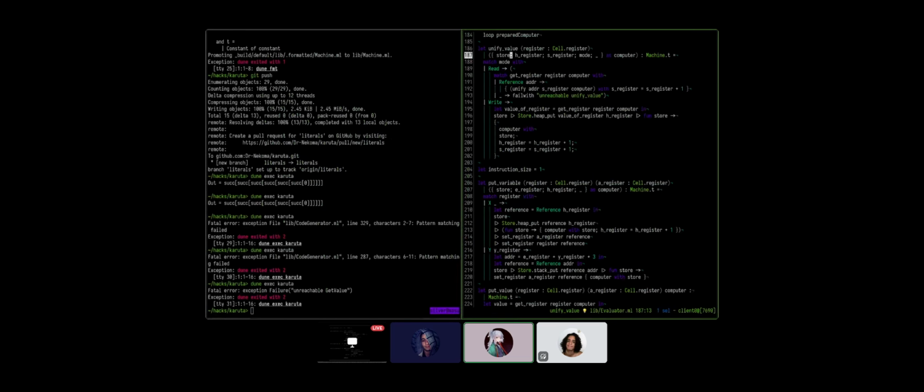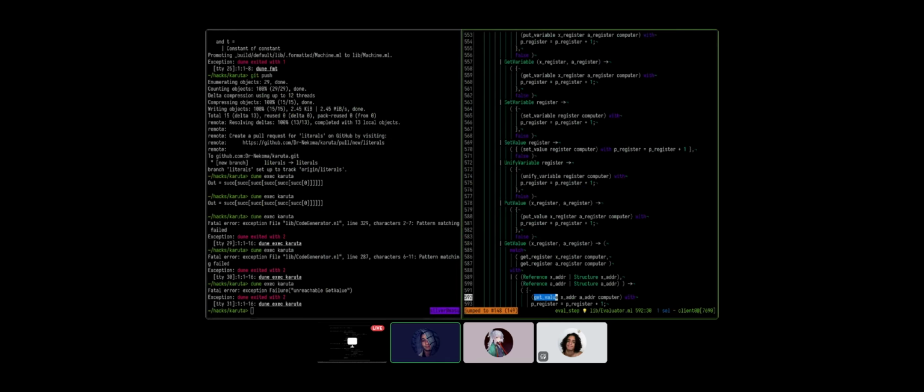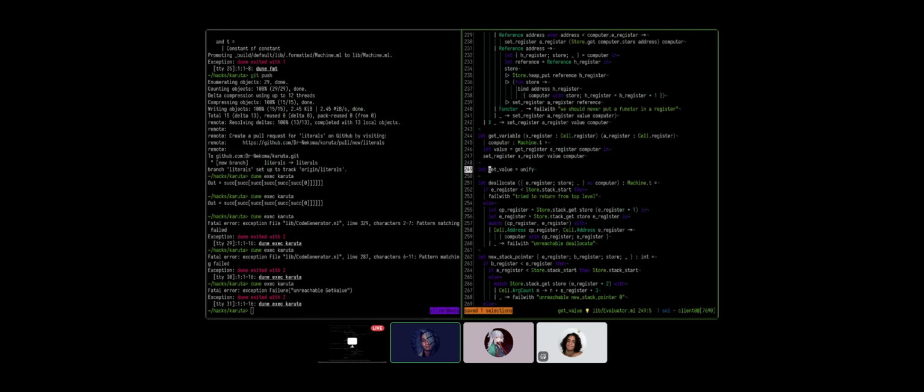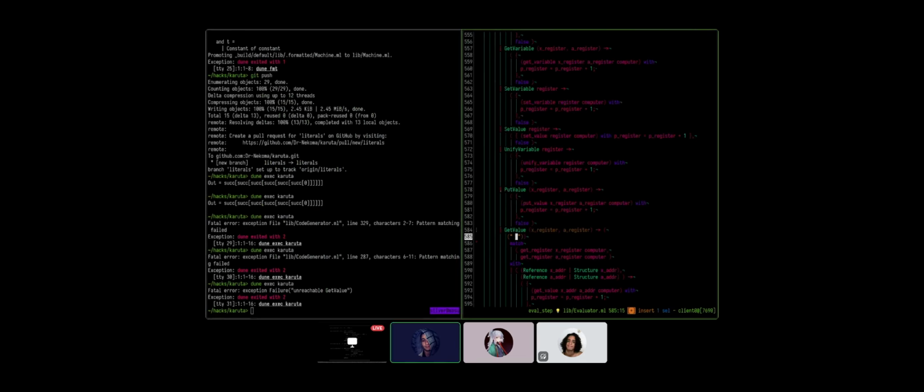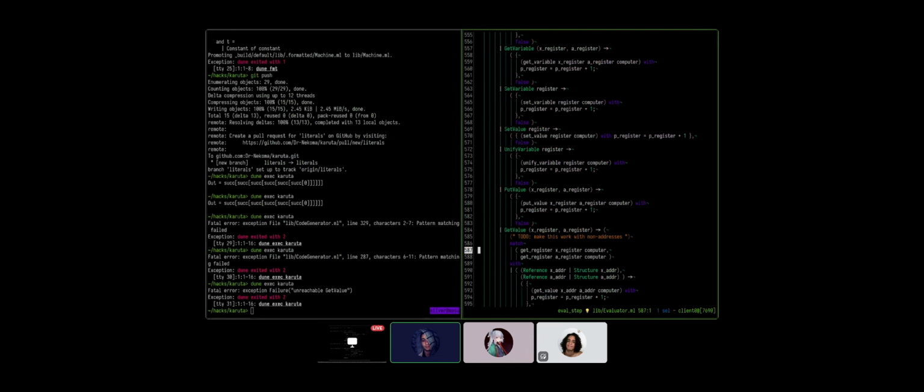That's gonna suck, man. Welp. Do we really need to do that? To make this work with non-addresses. Problem solved. But I'm still a little bit skeptical that we can't get around it.